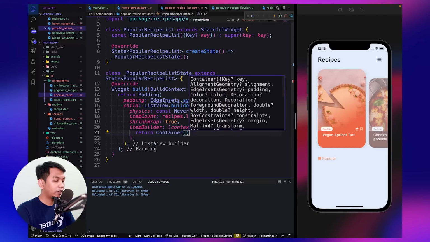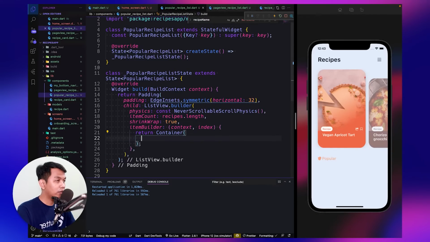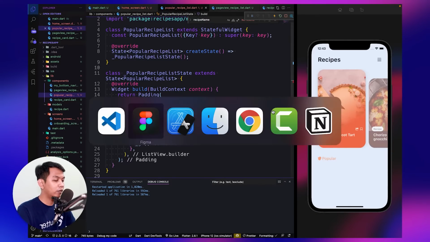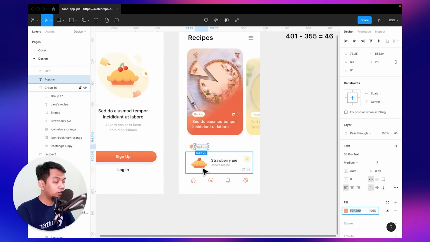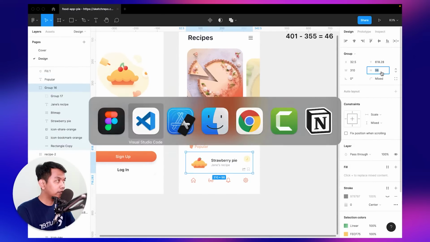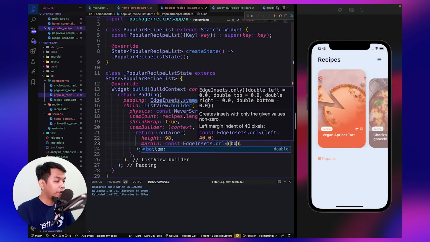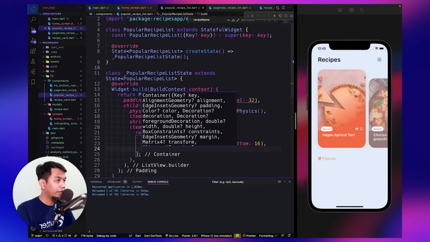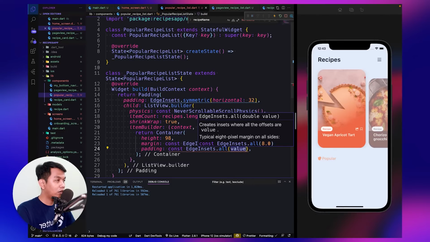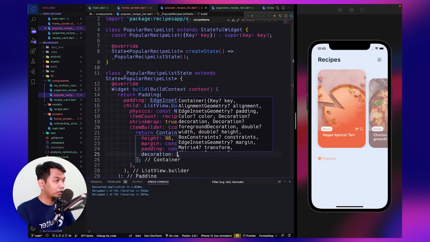We return a container, and inside this container we set the height to what we see, it's 98, and for the margin only bottom 16, and for the padding all 16.